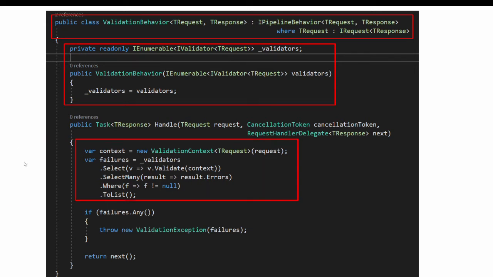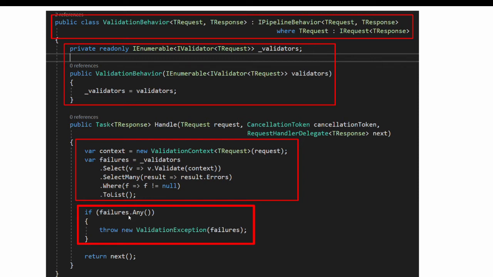In the handle method, we are calling the validate method. Context has the current request. The validate method returns a result, and then we are selecting the errors array in that result so that this failures object will hold all the error messages for the current validation if it fails. Next, if failures is not empty, meaning validation failed and there are errors, then we are throwing an exception using the ValidationException class provided by the Fluent Validation library. While throwing this exception, we are also passing the failure data, that is the array of errors, in this validation exception.